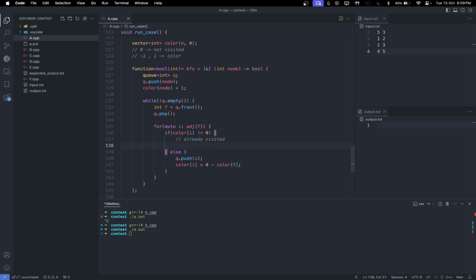So if it is already visited, we need to check if it has a valid color or not. So according to the current condition, the valid color is 0 minus color of F. So if the color of I is not equal to this color,